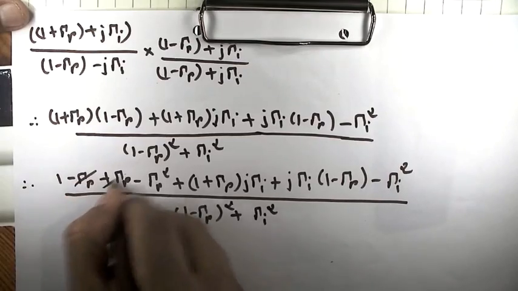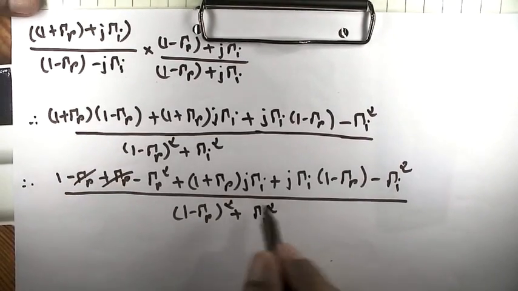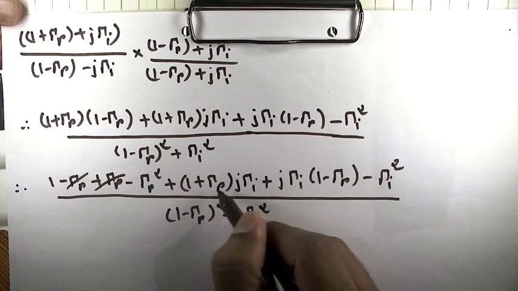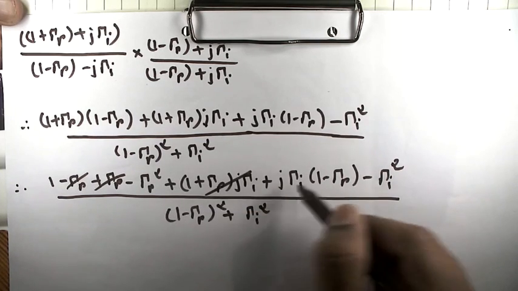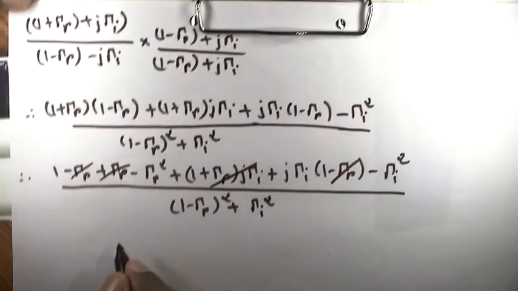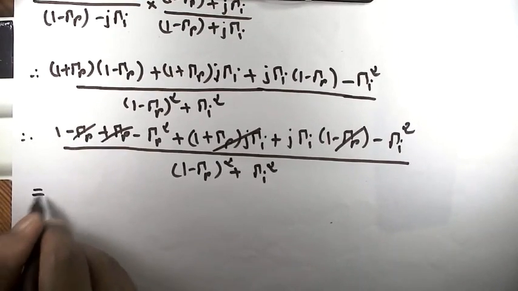You can see that the minus and plus terms will cancel out. The same way here, the positive j sigma I and the negative j sigma I parts will also cancel out, so we get finally